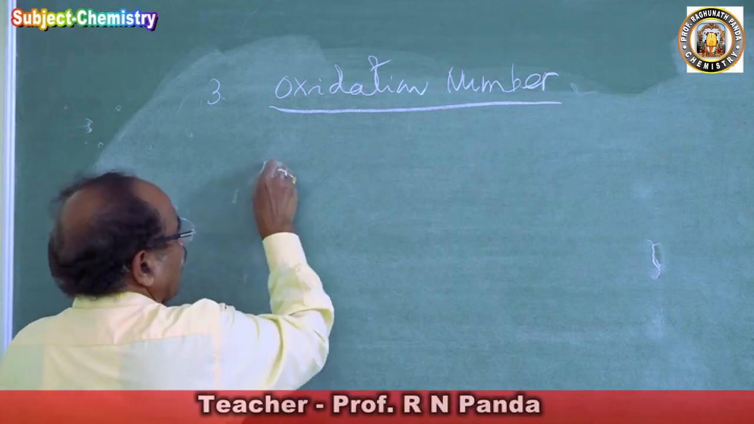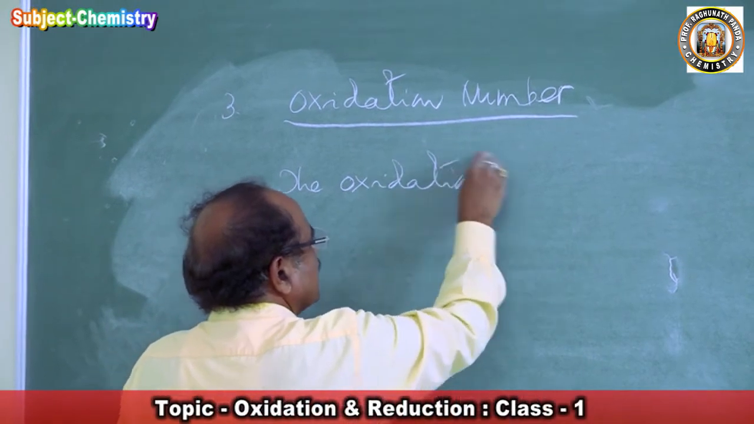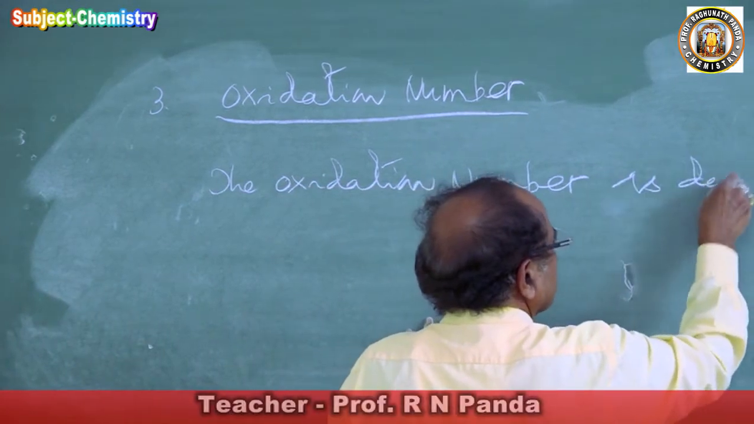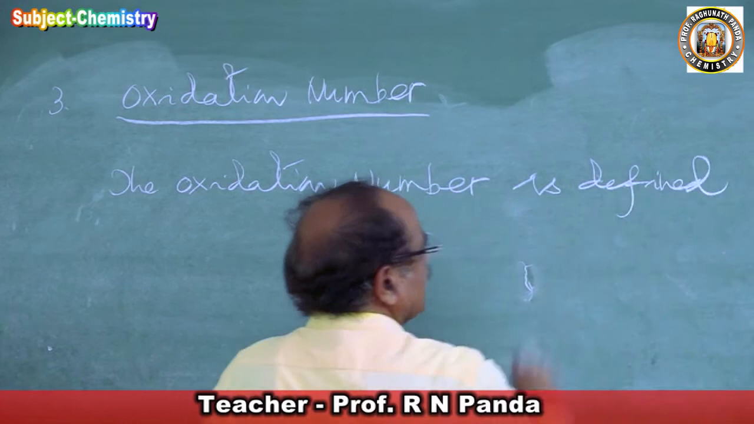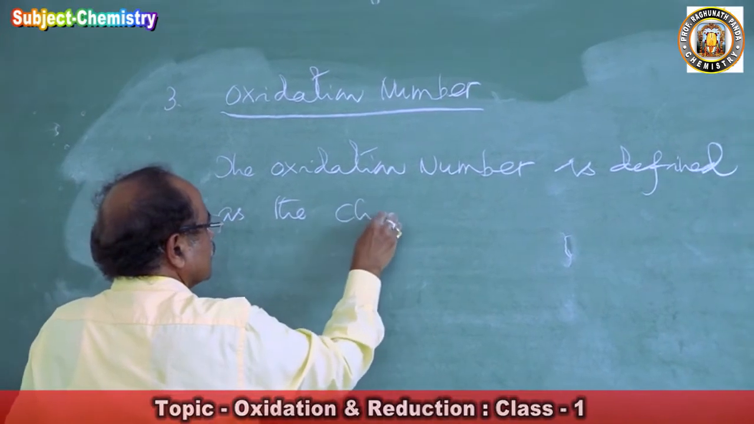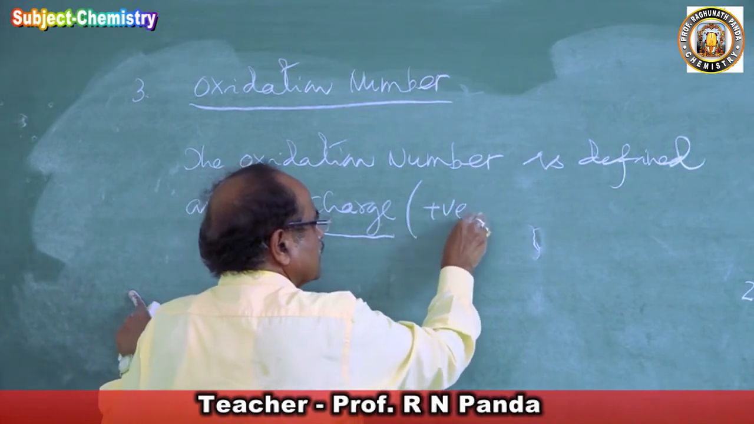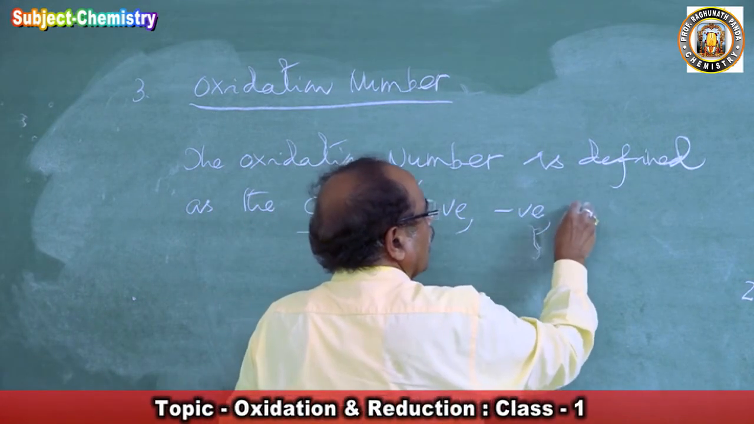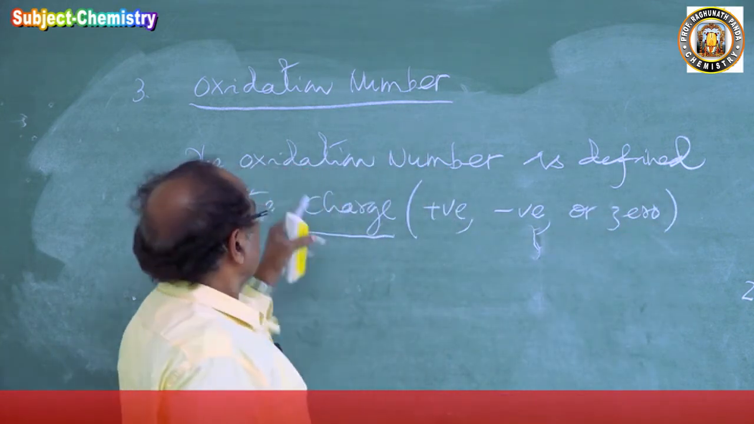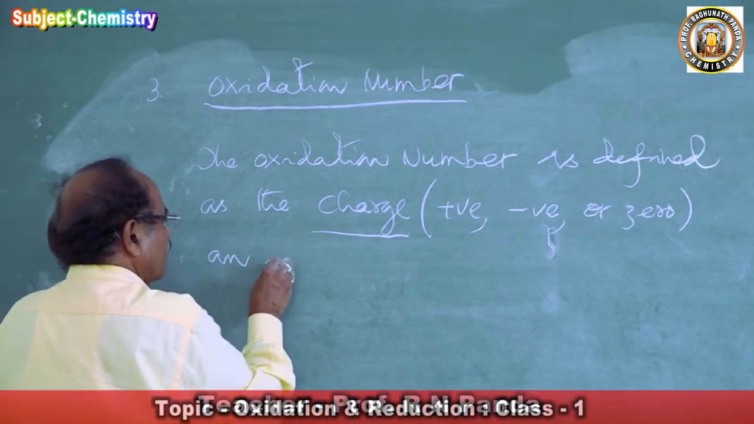Oxidation number. The oxidation number is defined as the charge. When I use the charge, it may be positive, or negative, or zero. So the oxidation number is defined as the charge an atom of the element